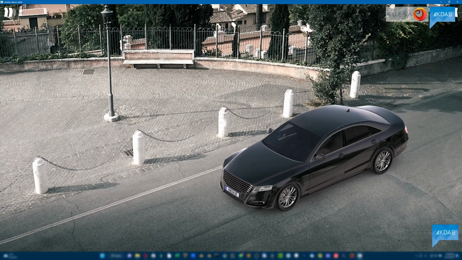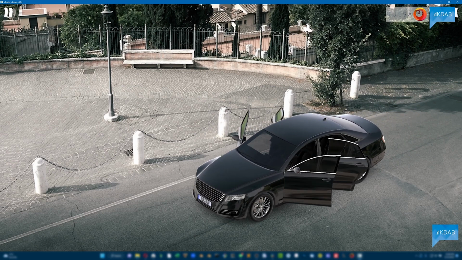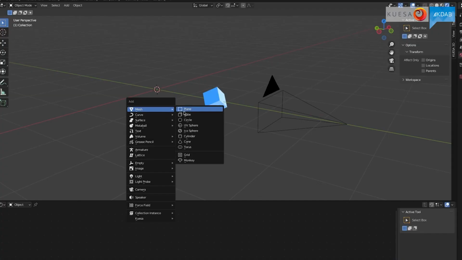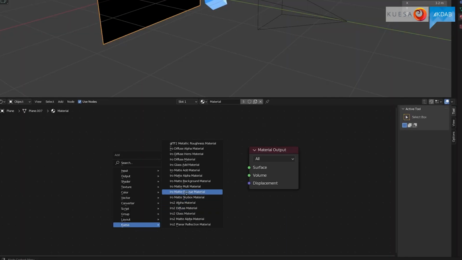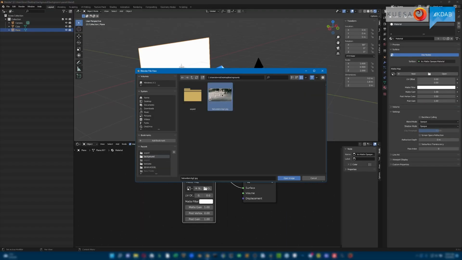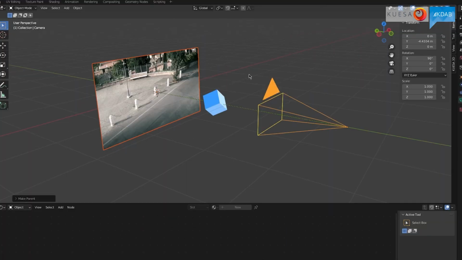For scenes with a static camera, I just used background shots. This is the easiest way to get fast, realistic results. For this purpose, you just create a plane with a texture and parent it to the camera in Blender. For a simple use case like this, it works just fine.